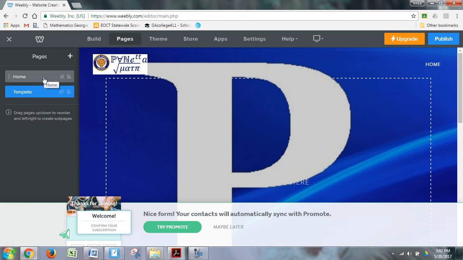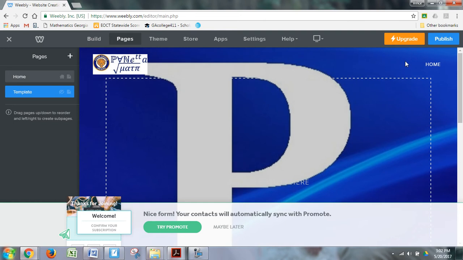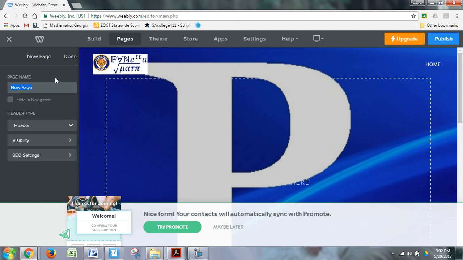All right. Now I have my home page, and now I have to think about adding other pages. A lot of times with navigation, you want drop-down menus, and it took me a while to figure out how to get drop-down menus in Weebly. So I'm going to show you that aspect too. All I'm going to do is basically create the navigation in one page for Unit 1. So I'm going to go Add New Pages. All right, Standard Page,